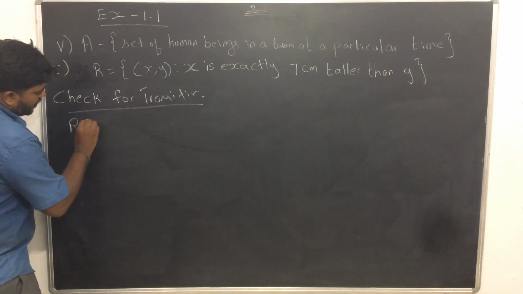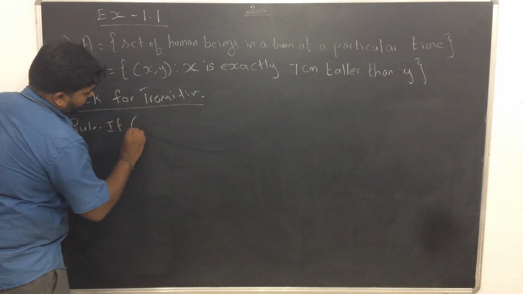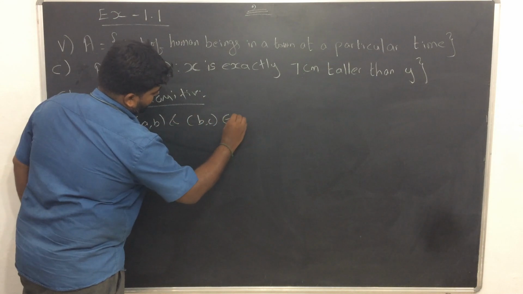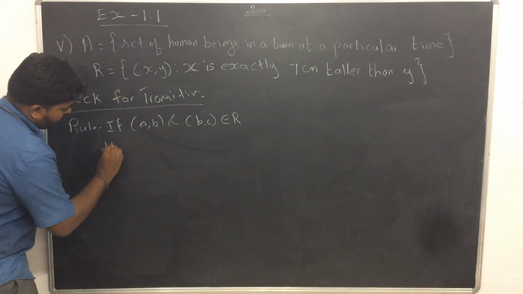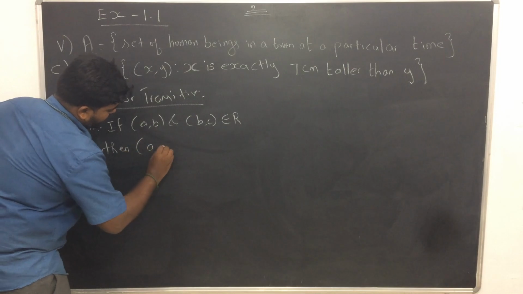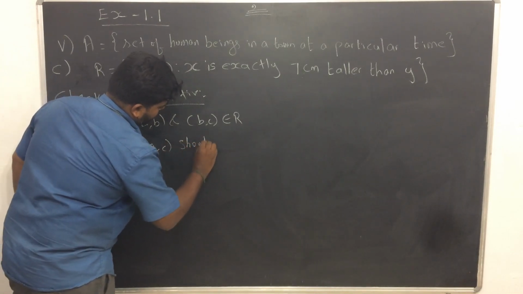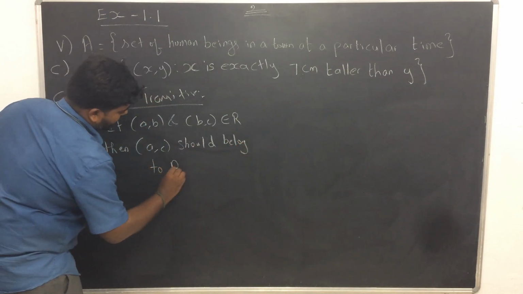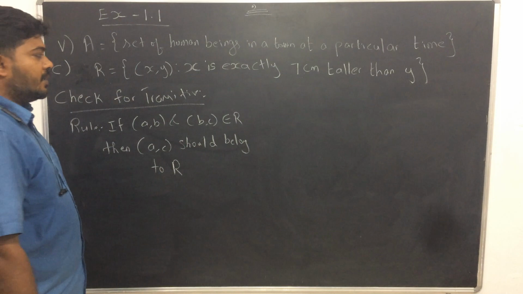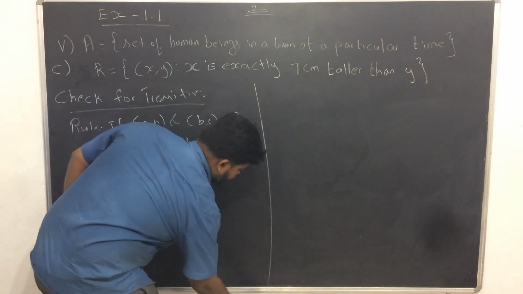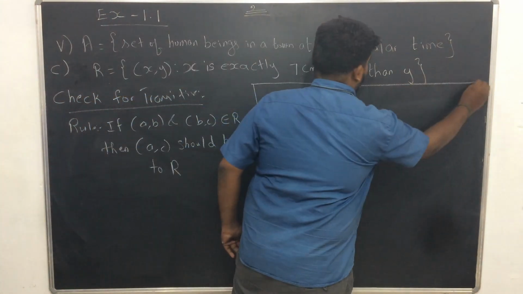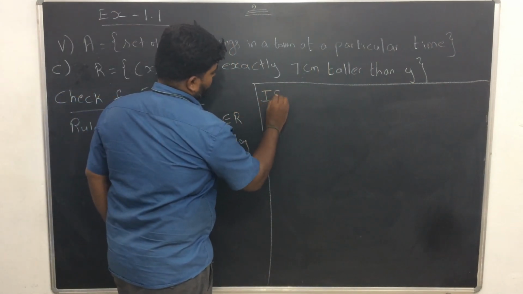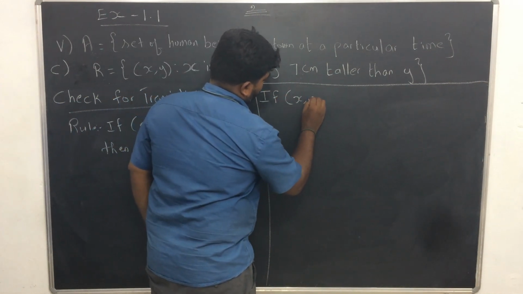The rule is: if (a, b) and (b, c) belong to R, then the ordered pair of the form (a, c) should belong to R. So this is the rule for any relation to be proved transitive. Let's start. If (x, y) belongs to R,